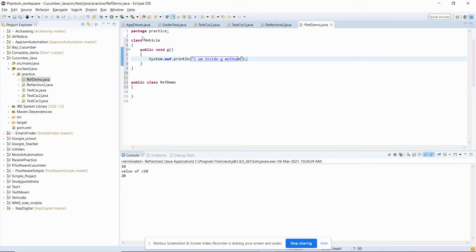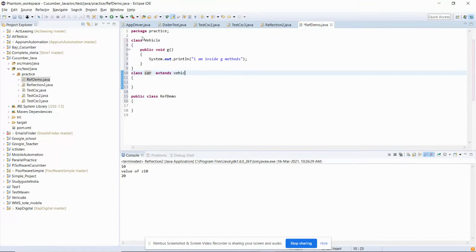Now suppose we have another class, Car, and the Car class extends the Vehicle class.